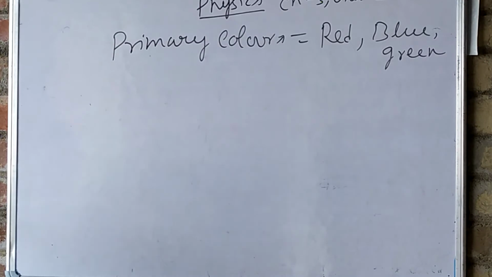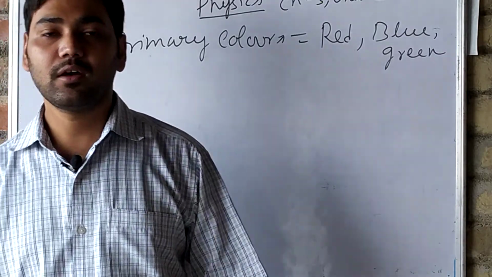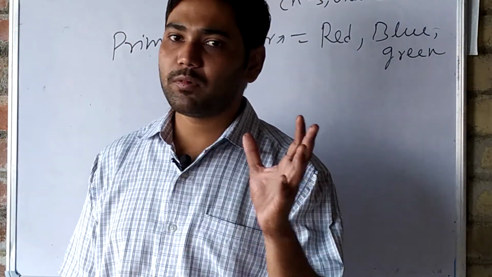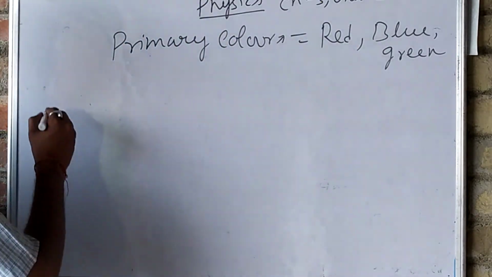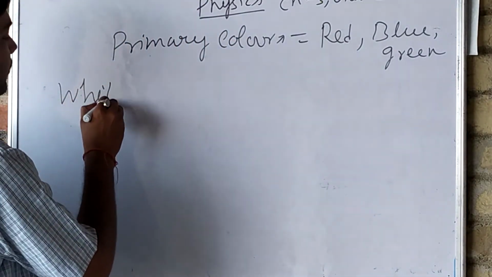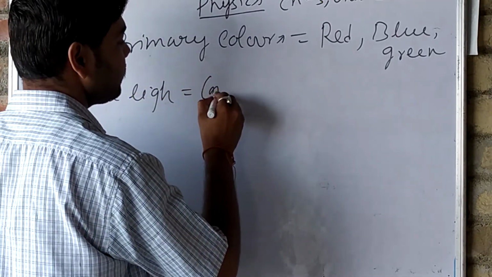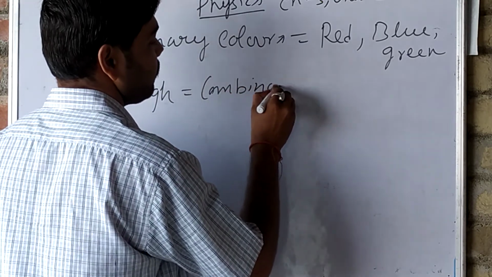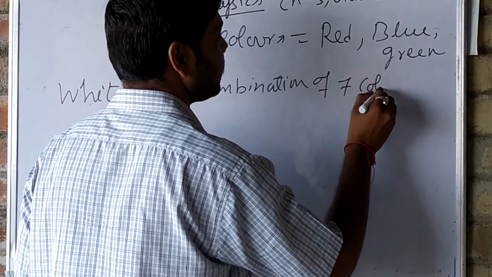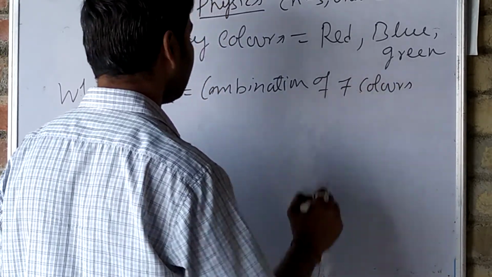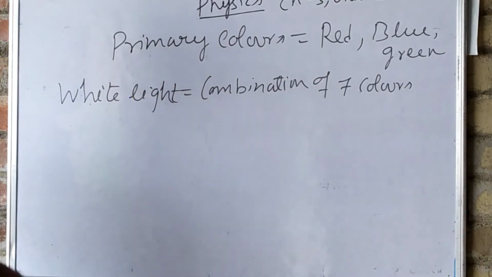Okay, so you all have studied about white light. What is white light? The white light which we see is actually a combination of 7 colors. Which are these colors? These are